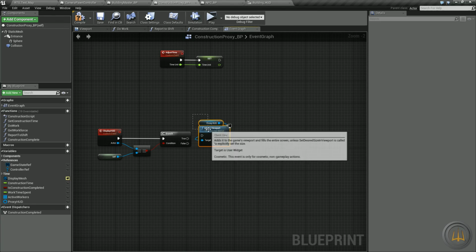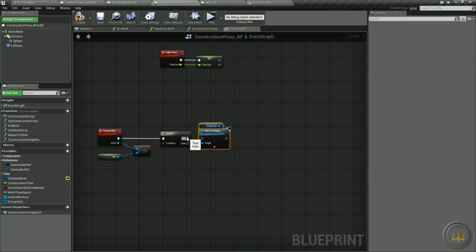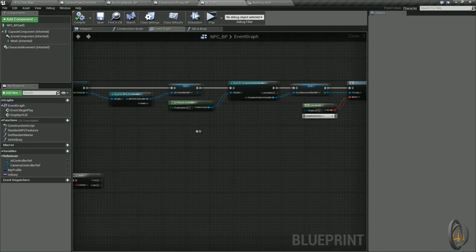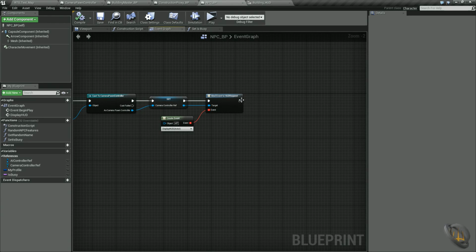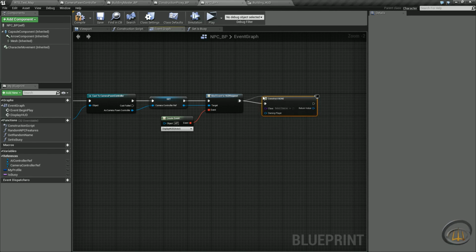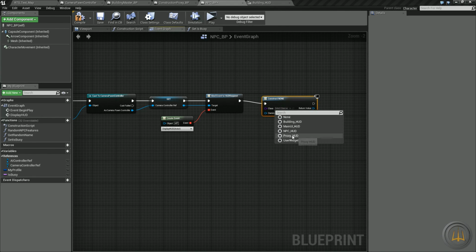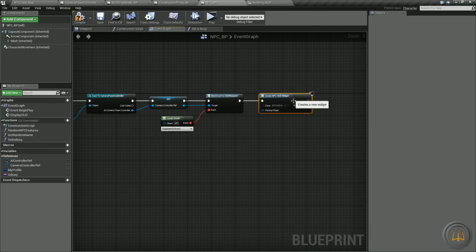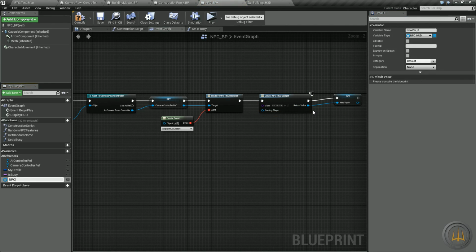Off the true right there. Oops, come on. Off the true right there. Compile and save it. And then the last one in the NPC blueprint, again, pull off, do create widget. Class will be NPC HUD, and right click, promote to variable, NPC